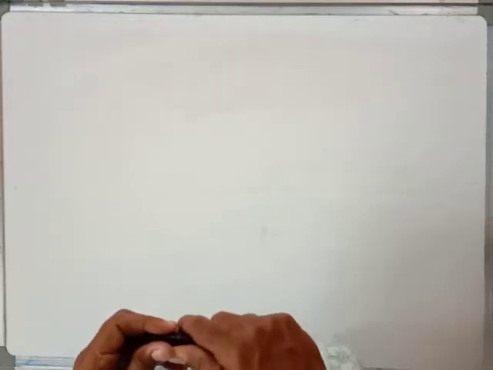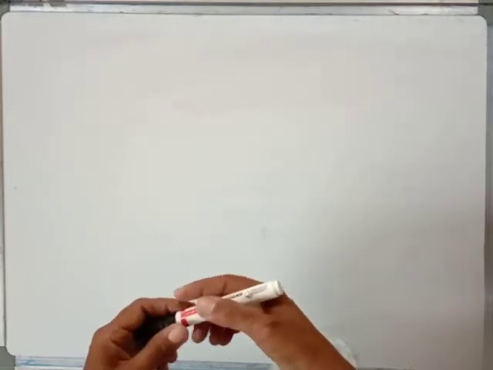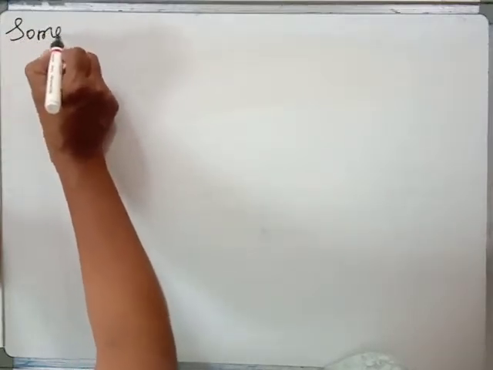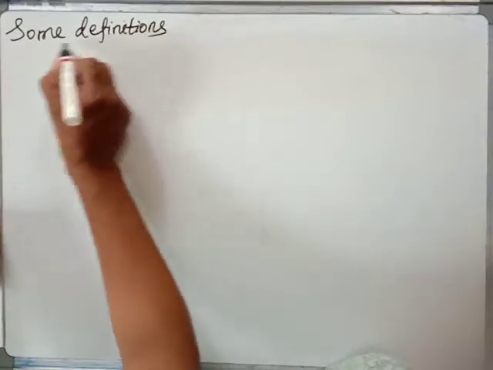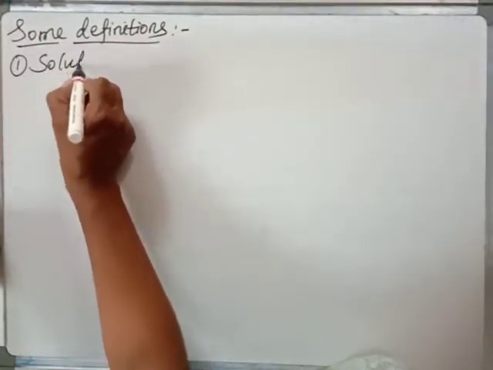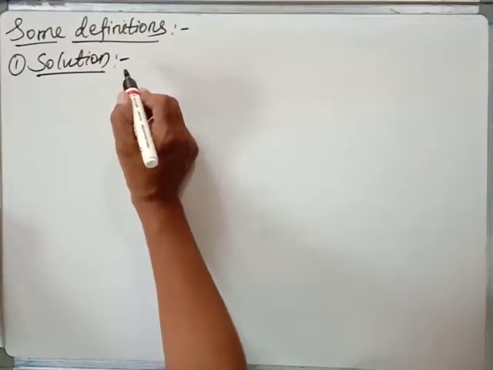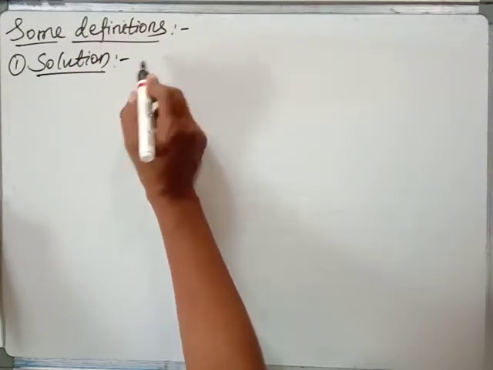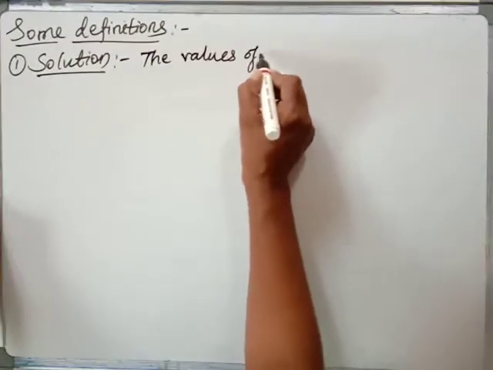Now let us see the definitions of those things and also some more definitions which are required for our next videos. So let me take some definitions. My first definition is of solution. You know a linear equation has a solution, meaning those values of variables which satisfy the constraints are the solution to that equation. Here also it is the same thing, the values of decision variables,